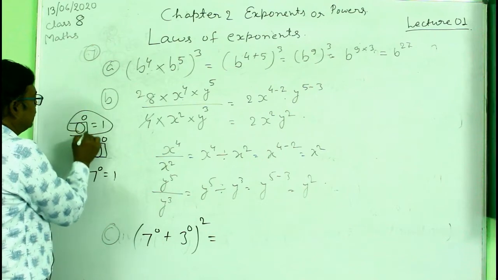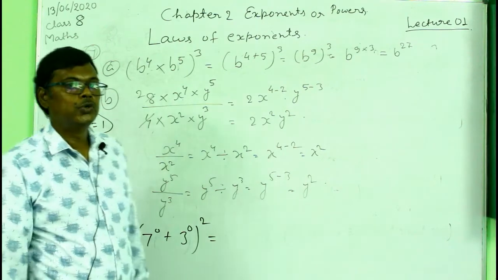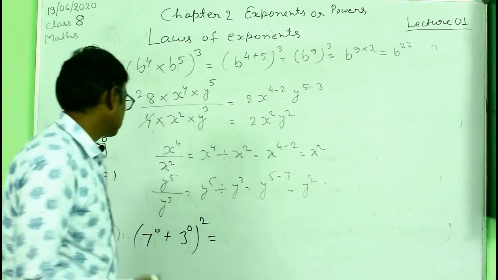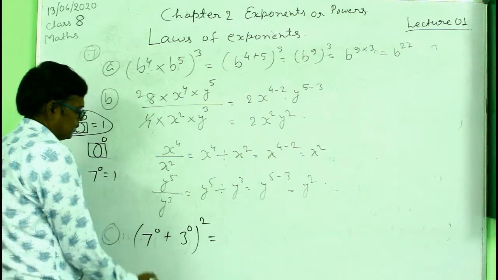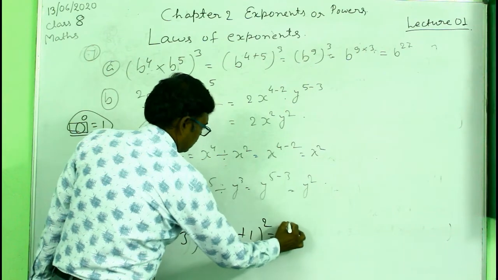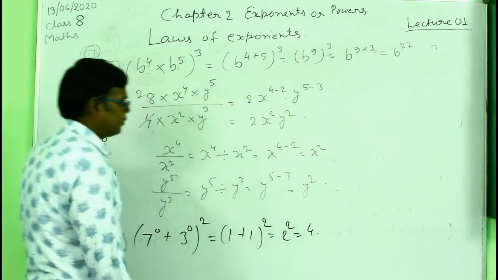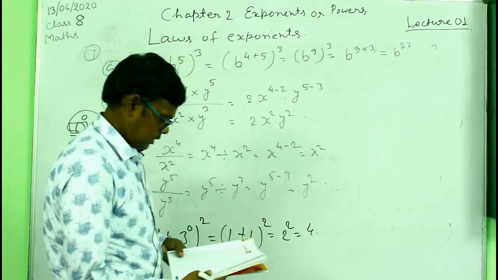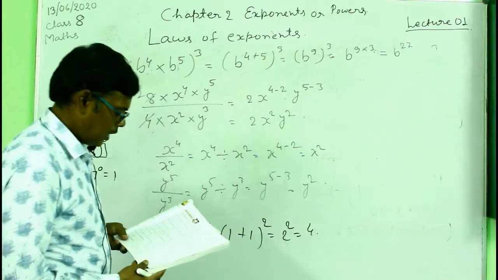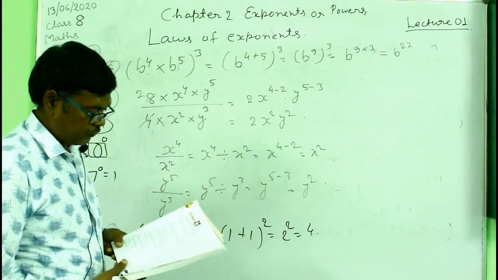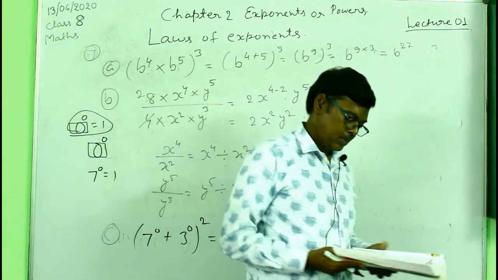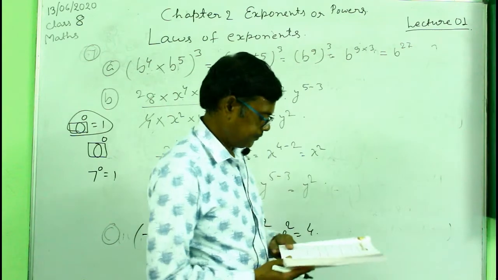So at the base there must be any non-zero real numbers or rational numbers. That is, at the base there must be a non-zero number. So here in this case answer will be 1 plus 1 to the power 2, that is 2 square equal to 4. 2 square means 2 into 2, that is 4 in this case. And question number D is similar here. 9 to the power 0, that is 1, and 4 to the power 0 is also 1. So 1 to the power 3 will be 1. So the next question number 8.